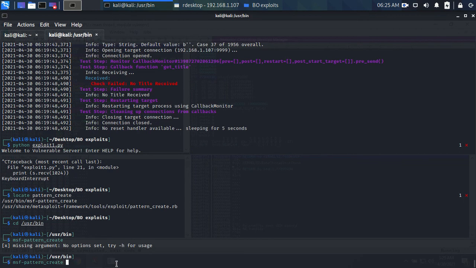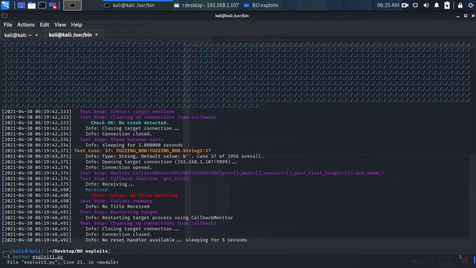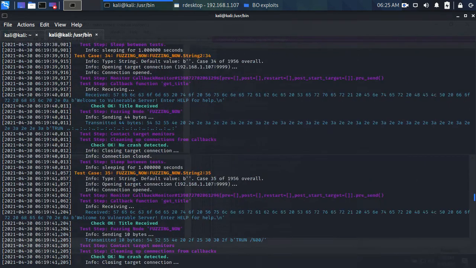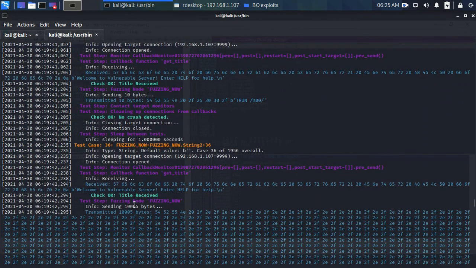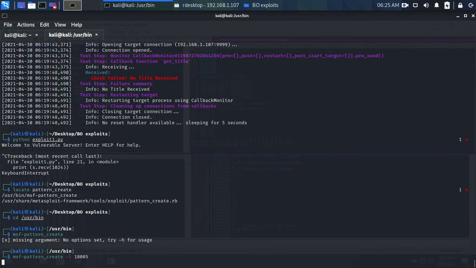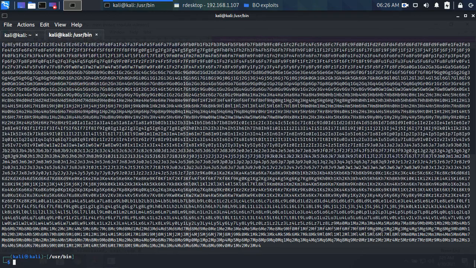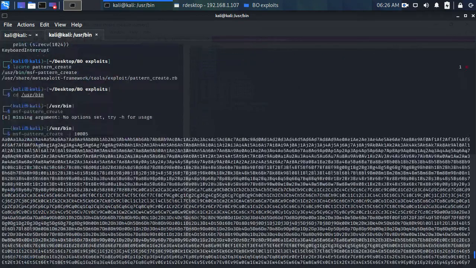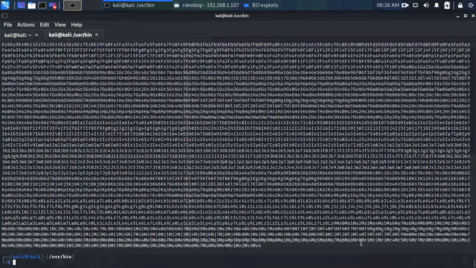For the arguments, we're gonna give hyphen L and the number of bytes that we have found earlier, 10,005. Hit enter, and it's gonna give you a pattern that you have to send in your next exploit. So just copy it up,